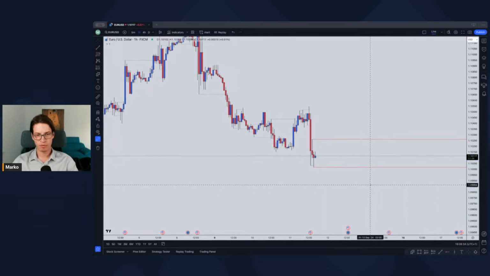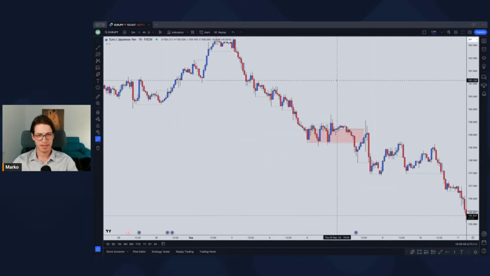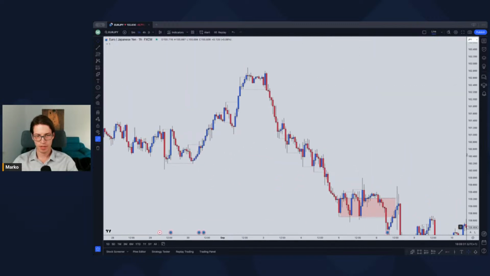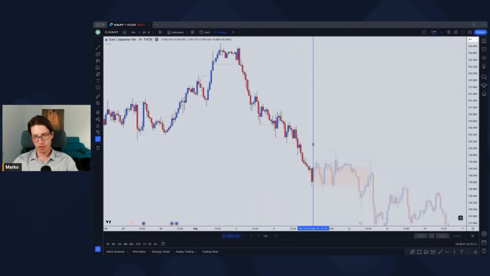We can move on to the next one, which is going to be the euro and the Japanese yen. I did take a buy setup right here. This is one of the setups that we trade in Zentum Trading. So this is the internal reversal. Basically, the methodology is